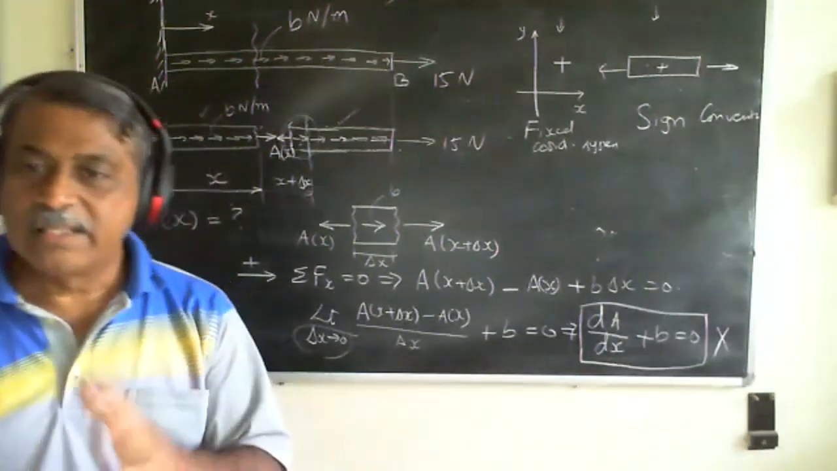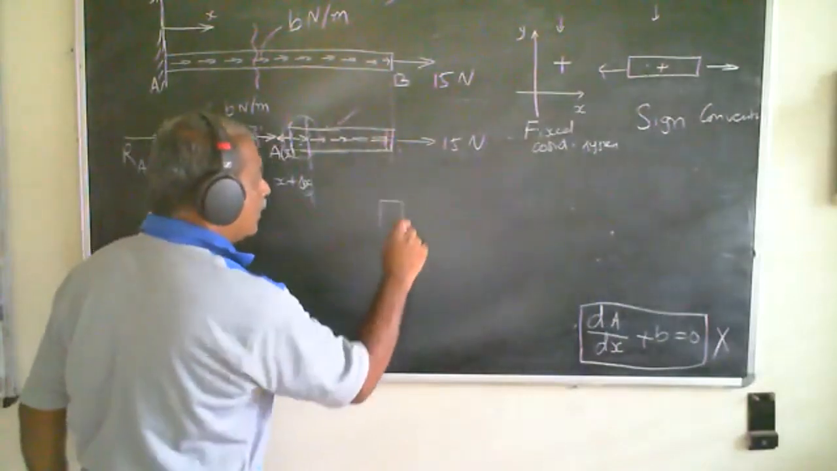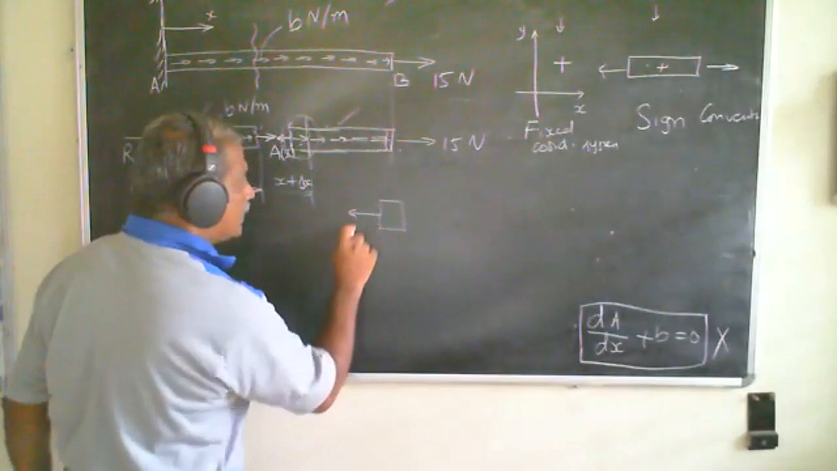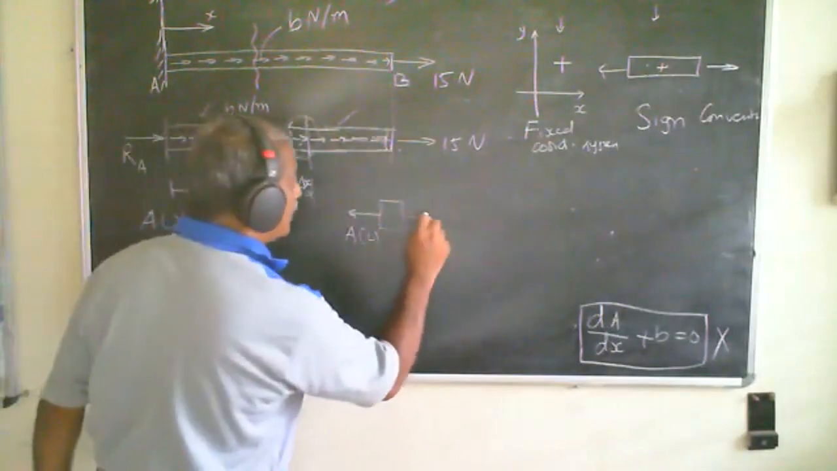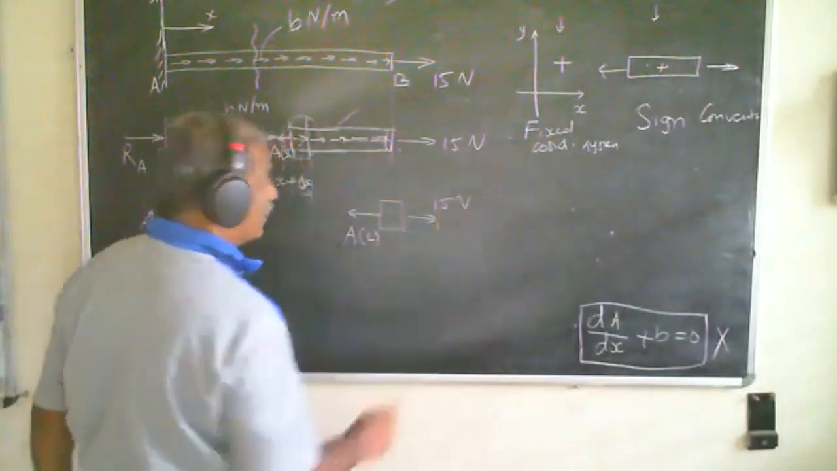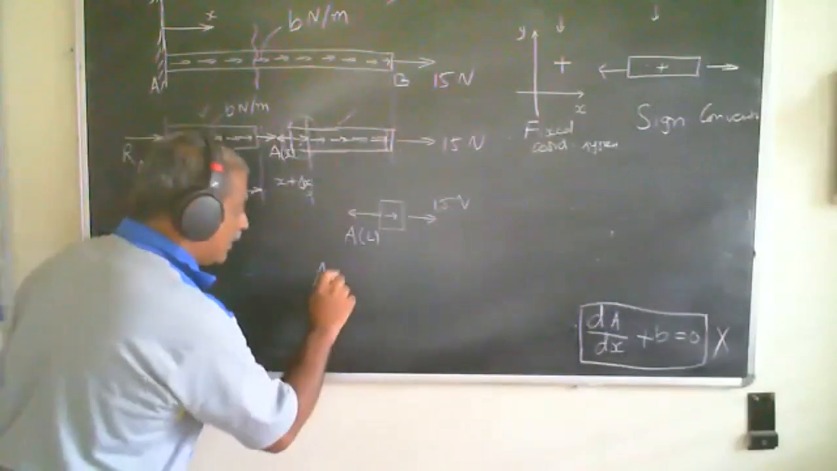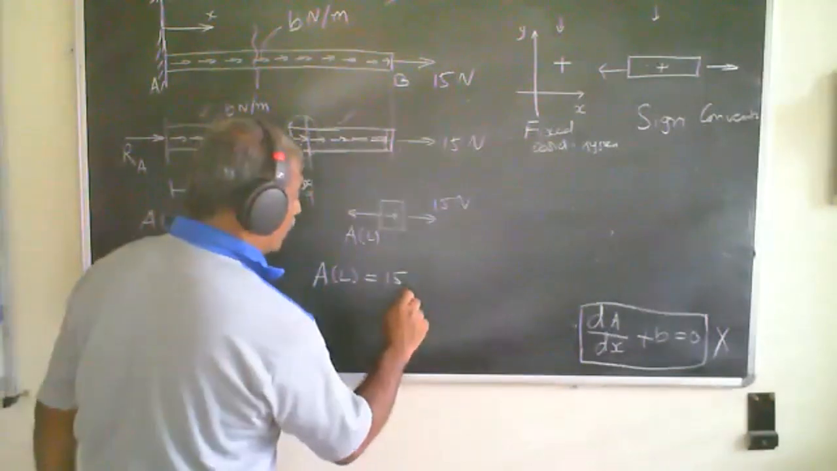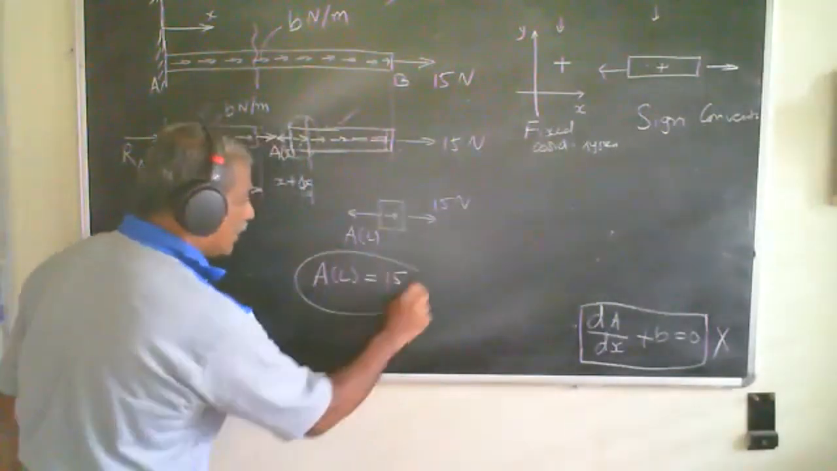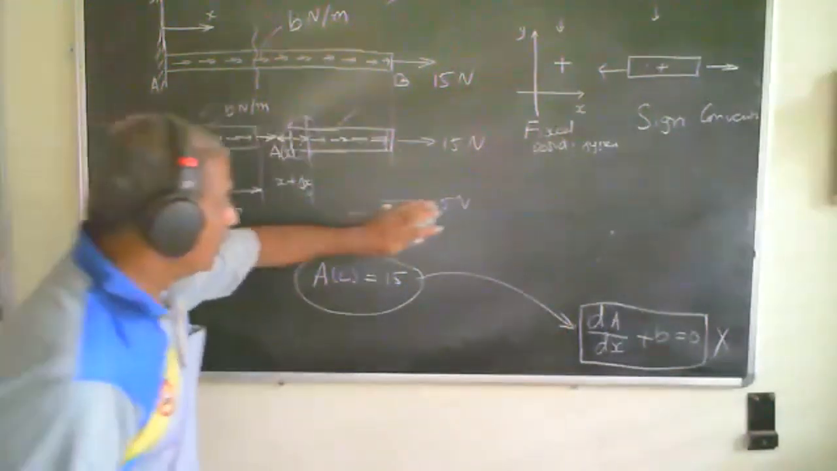There's something that is missing. If I take a small piece over here, this is A at L, correct? At AL, and this is 15 Newton, right? B is very small, which means that A at L is equal to 15 is something that I should add over here as boundary condition in order to